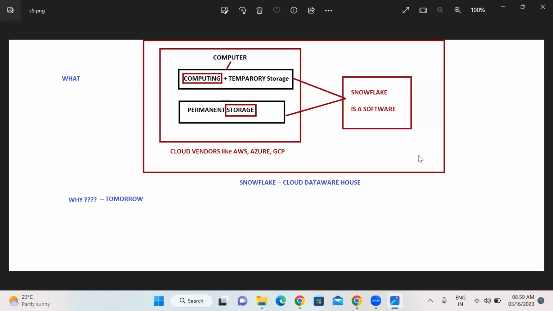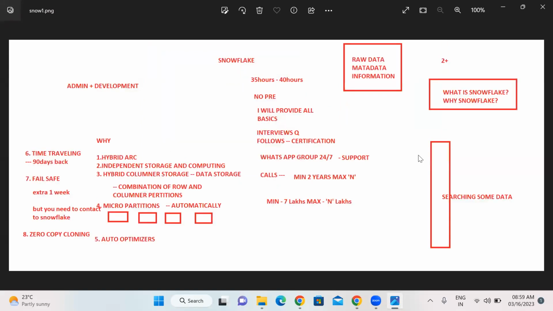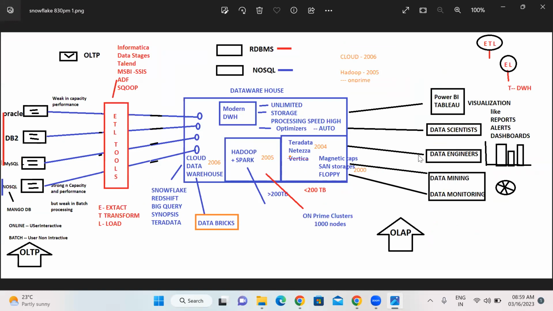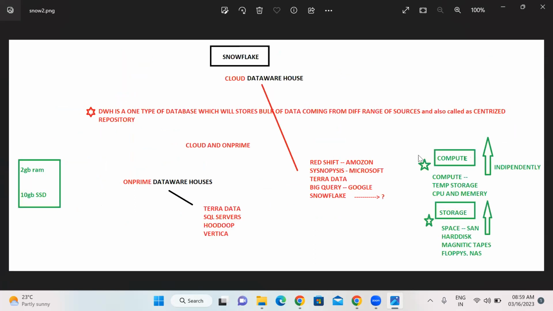Tomorrow, we have why Snowflake. We have a lot of tools like Redshift, Synapse, Teradata, BigQuery, Snowflake. Why are we going with Snowflake? Before going to this question, I want to explain this topic: what are the roots of the data warehouse, how the flow will be, where you are and where you need to work, and what is the purpose of going with modern data warehouses, where we started. We'll explain this, and after that we will go with why Snowflake. Tomorrow we will complete this.